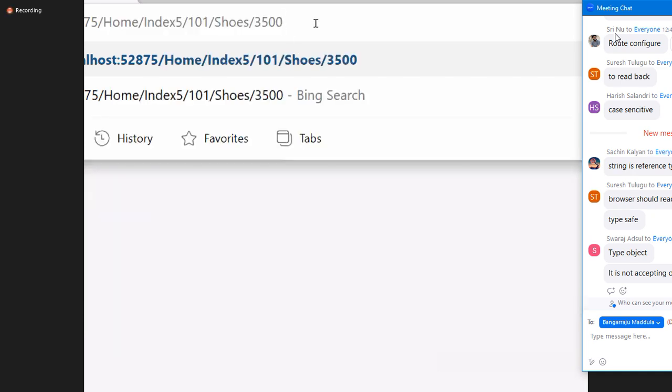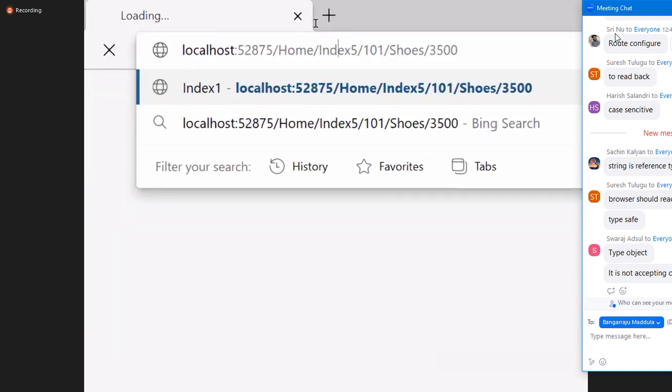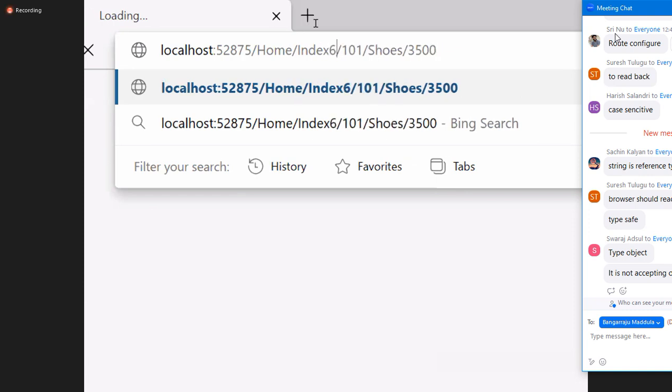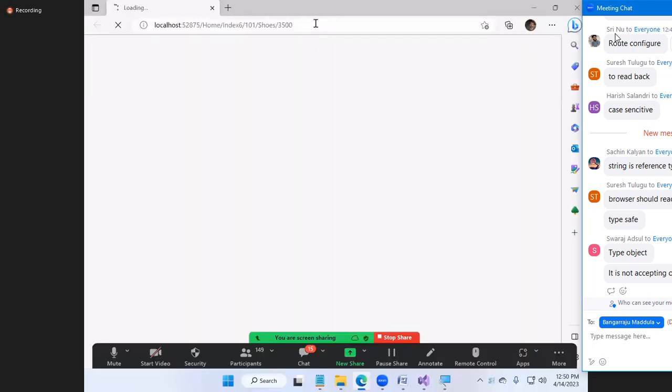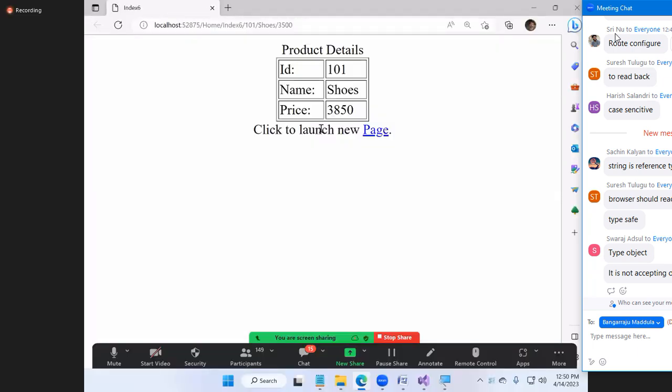This is the code for calling index 5 now. Let me change it here. What is it? Index 6. Okay. Index 6 only will launch. What is launched? Index 6 only. Click on this link. I want to navigate to another page now. There also these values will come. Did you catch my point or not? Any number of pages you visit, no problem, in all the pages these values are carried forward.